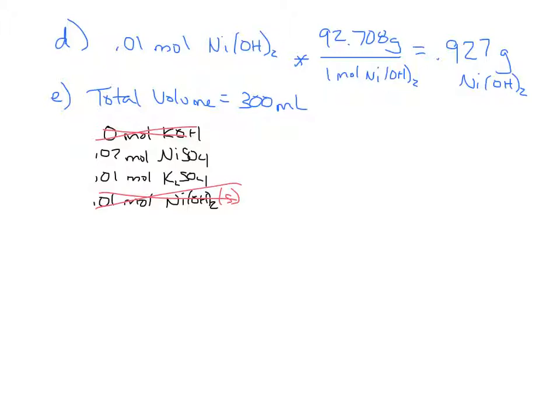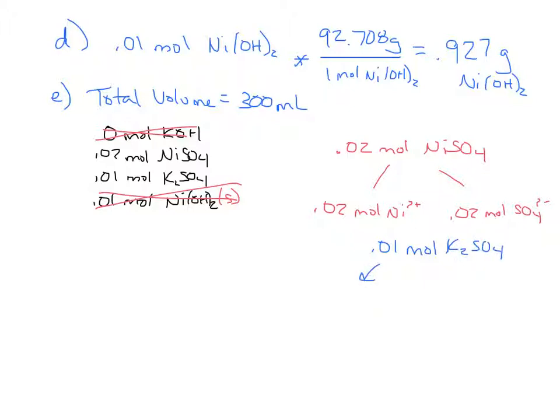So if I have 0.02 moles of NiSO4, that means I've got 0.02 moles of nickel ions and 0.02 moles of sulfate ions. Are we comfortable with that idea? Okay. Same idea for the K2SO4. If I've got 0.01 moles of K2SO4,